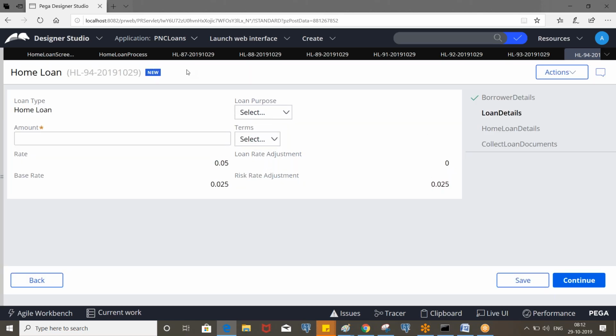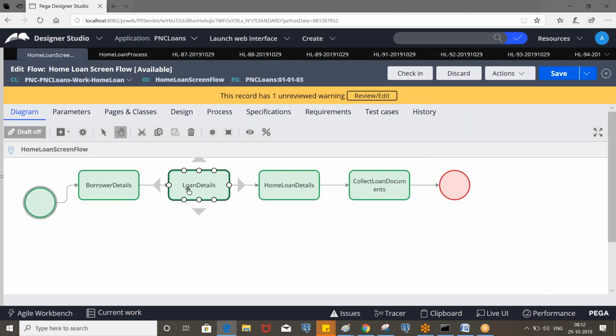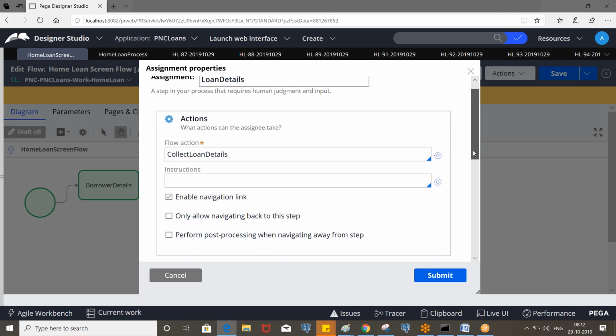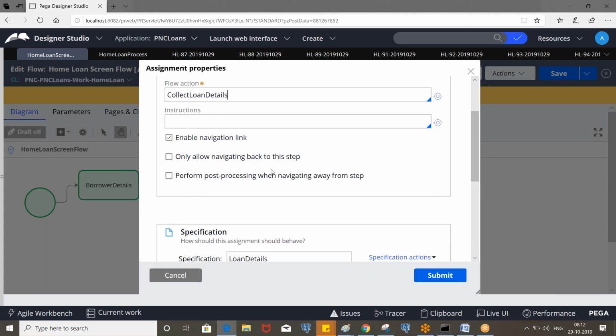But if you want to change that behavior, there is the option: only allow navigating back to this step. And perform post processing: by default the post processing rules will not be executed.